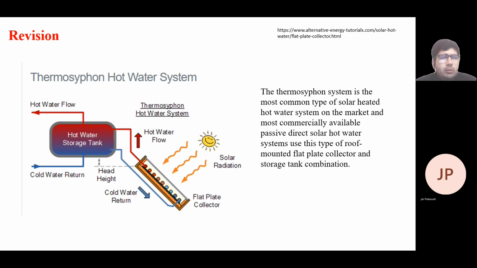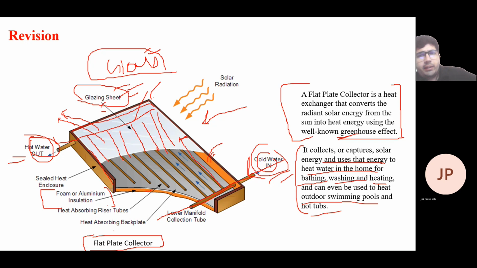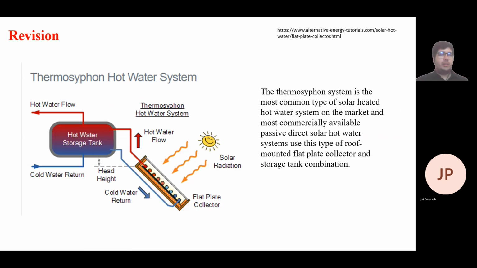Now there is a second version also. In this flat plate collector, there is no provision of storage. Directly we are putting cold water and getting hot water from the other side, and there is no system of storage. But we can put a hot water storage tank on the upside, and that tank supplies the cold water, and from the same tank, from the upper side, we get the hot water flow. So it's basically a thermosiphon.